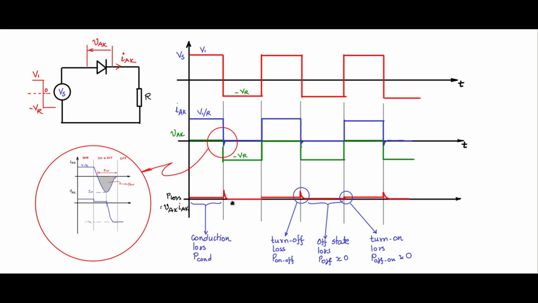So in the diode, we need to bother about calculating the conduction losses, which is one main contributor, and the turn off loss, which is the other main contributor. And the off state and the turn on losses are so insignificant compared to these two, you need not estimate them. And these two will give you an estimation of the power loss with a reasonable accuracy for you to actually design the heat sink or the thermal aspect for the diode.